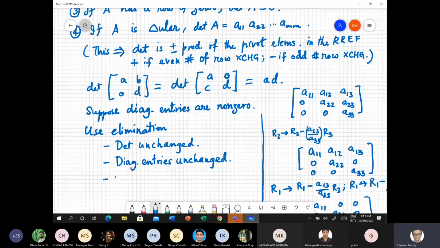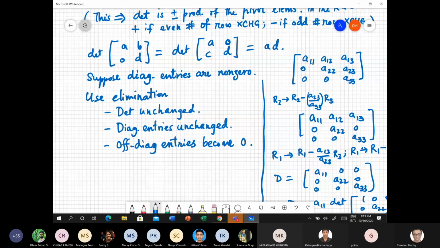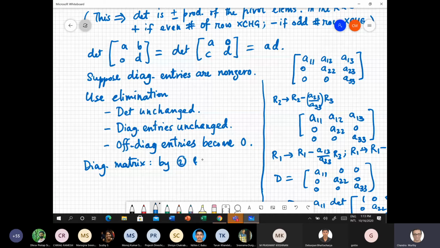And thirdly, the off-diagonal entries are eliminated. So now we are left with a diagonal matrix. So by properties 2 and 3,